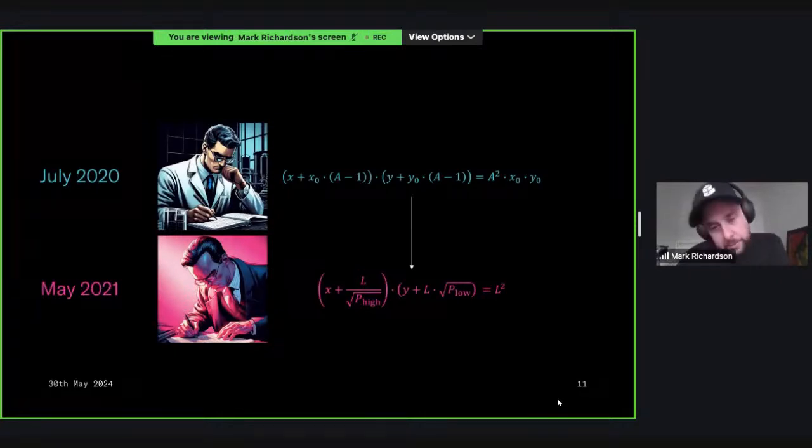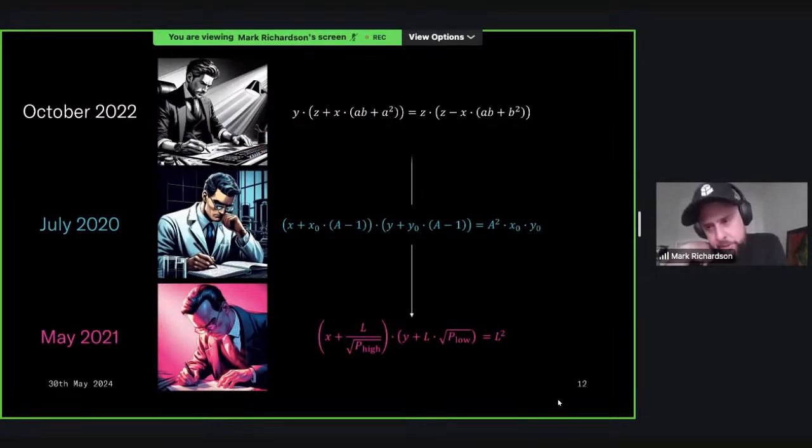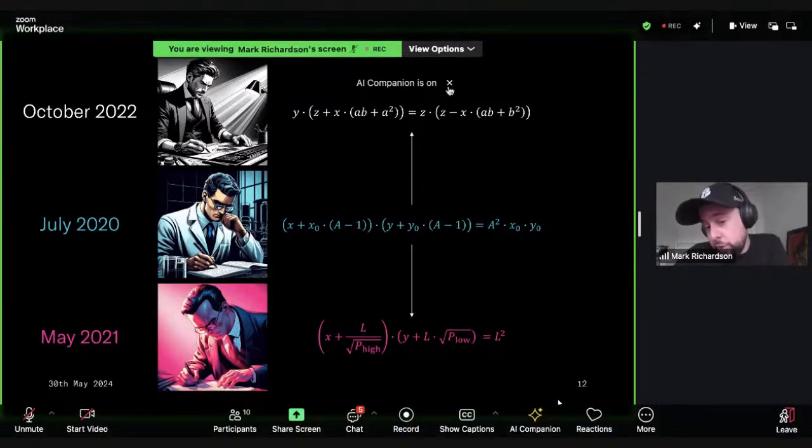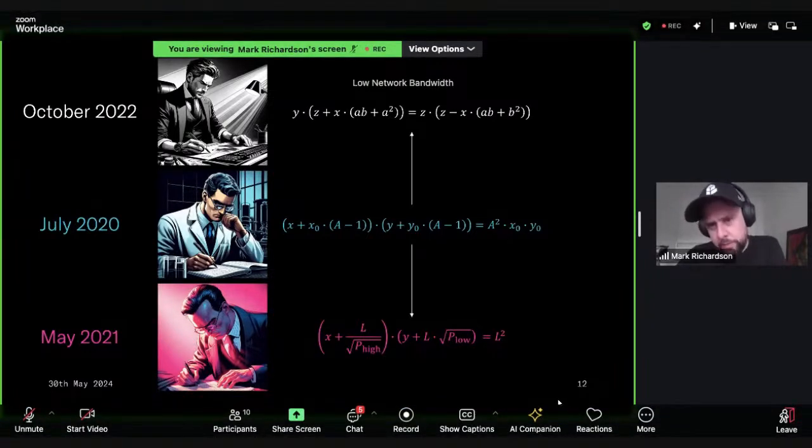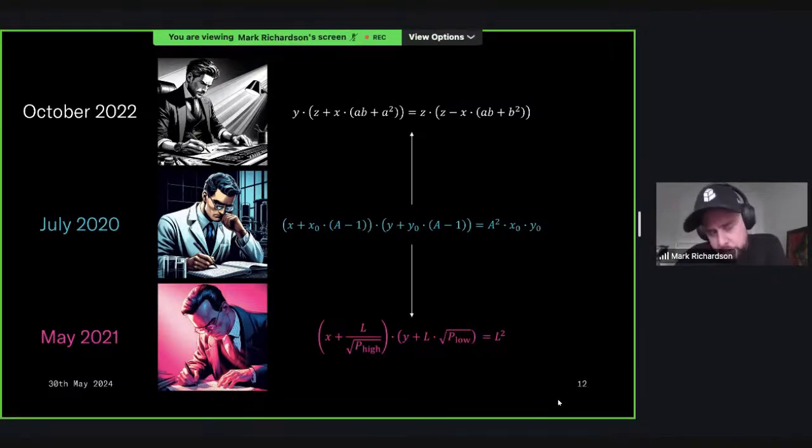Okay, so the Carbon DeFi equation was developed in October of 2022, shortly after I took leadership of the project. And you'll note straight away that the way that I generally present it, which is this form here in white, has a very different phenotype to the other two. Just by visual inspection of the Bancor v2 or Uniswap v3 formulas, you can see the invariant. The right hand side is L squared, or A squared times X zero times Y zero. You can see the asymptotes, and